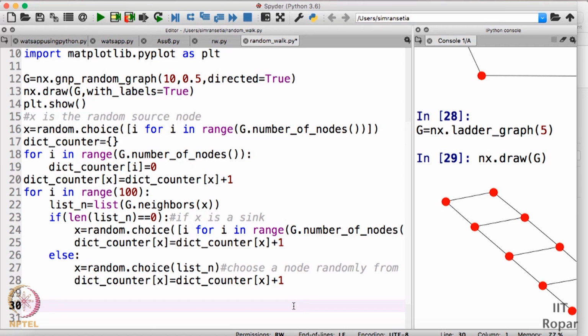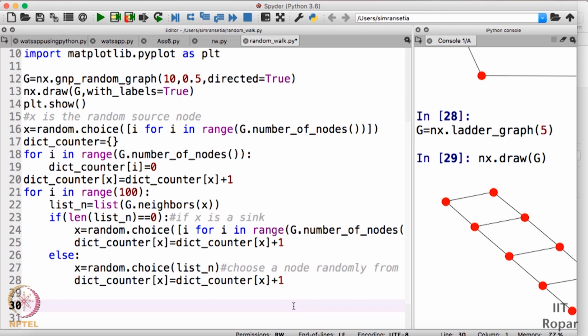We have a built-in function in NetworkX that tells us what the PageRank values are. So I will be using that particular function, and we'll be verifying whether the values returned by the NetworkX function and the values returned by our random walk method are the same or not. So let us do that.